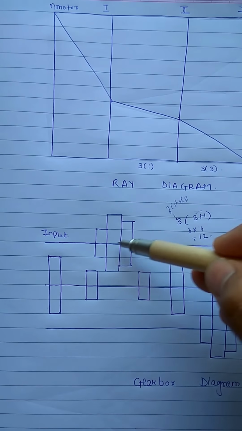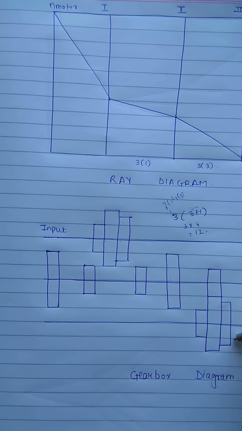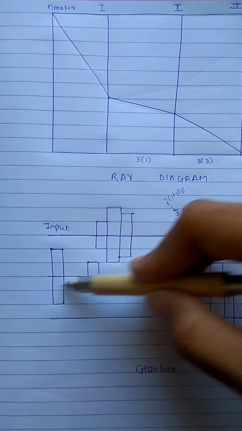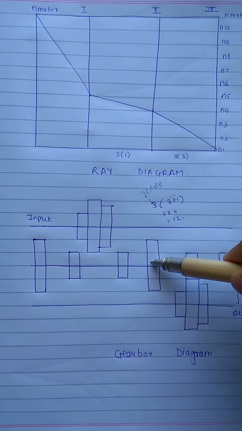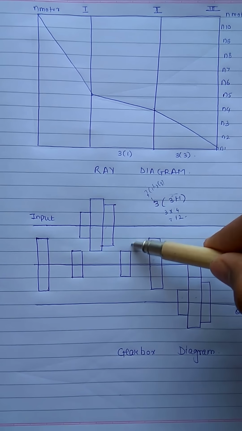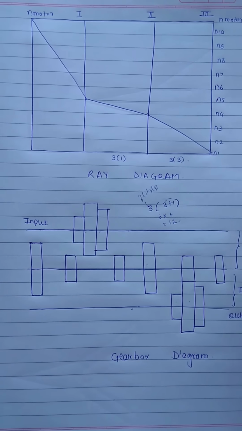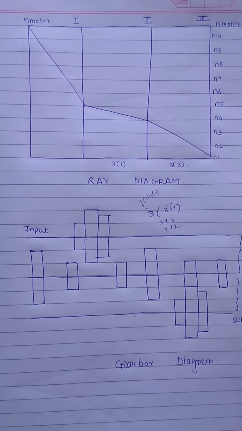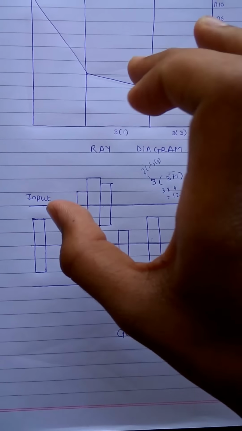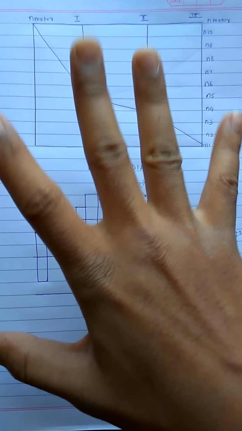First shaft, that is input shaft, has 3 gears. The output shaft has 3 gears, 1 2 3, and all the intermediate gears lie in between. So the first stage, second stage, input, output. This was the gear diagram for 3 1 3 3. This is the maximum amount or the variation that can be asked for such type of numerical in examination.